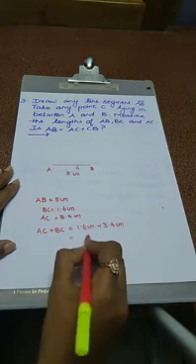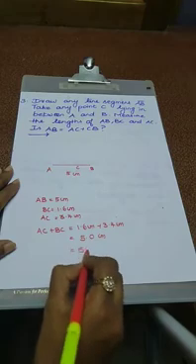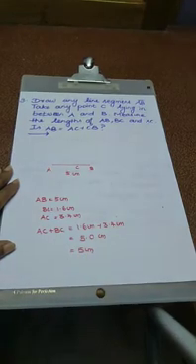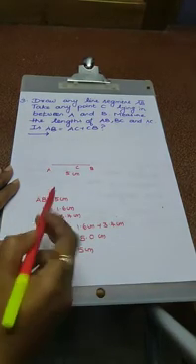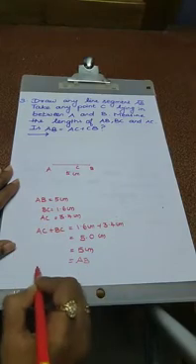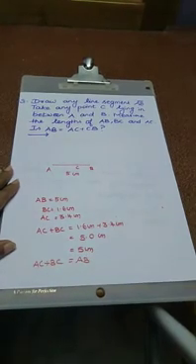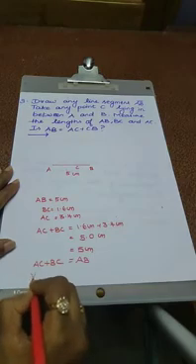So what is the answer? 5.0 centimeter. So we have to take that as 5 centimeter only. So AC plus BC is 5 centimeter, and that value is actually AB. So we get AC plus BC is equal to AB only. What is our question? Is AB equal to AC plus CB? Yes is the answer.